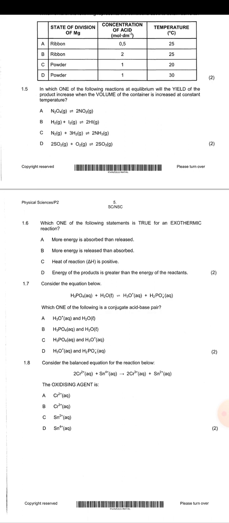If we look at Sn, it was positive 4, then it went to positive 2. It decreased, meaning that it gained electrons. How many electrons did it gain? Obviously, it gained 2 electrons. If it gained electrons, it underwent reduction. And remember what we said, whatever undergoes reduction is the oxidizing agent. So in this case, the correct answer is going to be